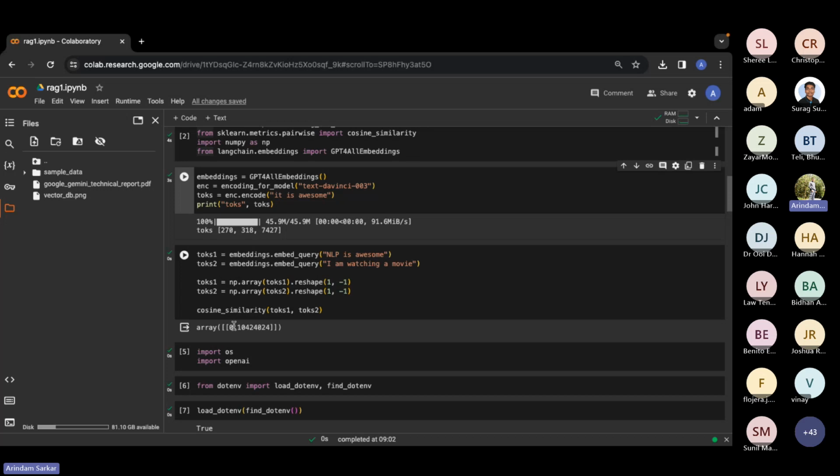That means the similarity is very low. But if I type something like "NLP is very interesting," you see the score goes up, right? Because these two sentences are very similar. That is how these embeddings help us extract information from the vector DB.